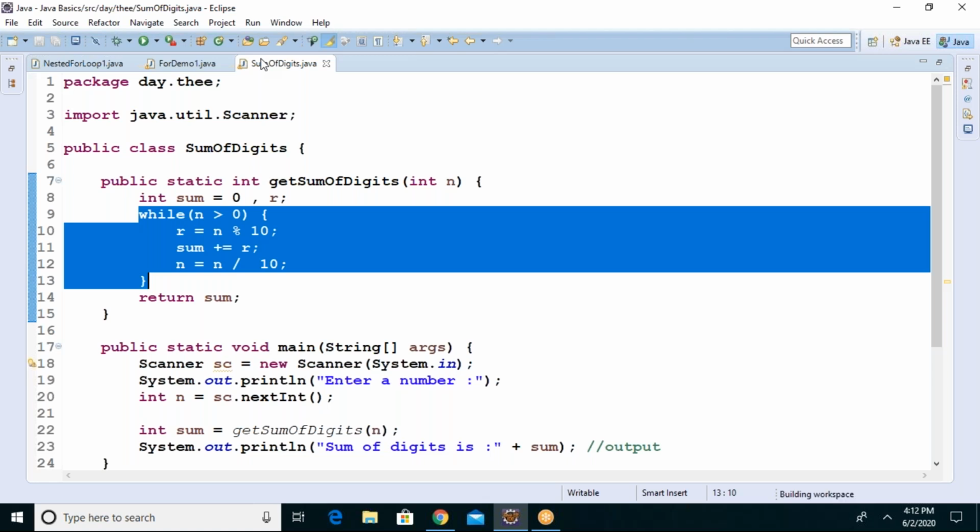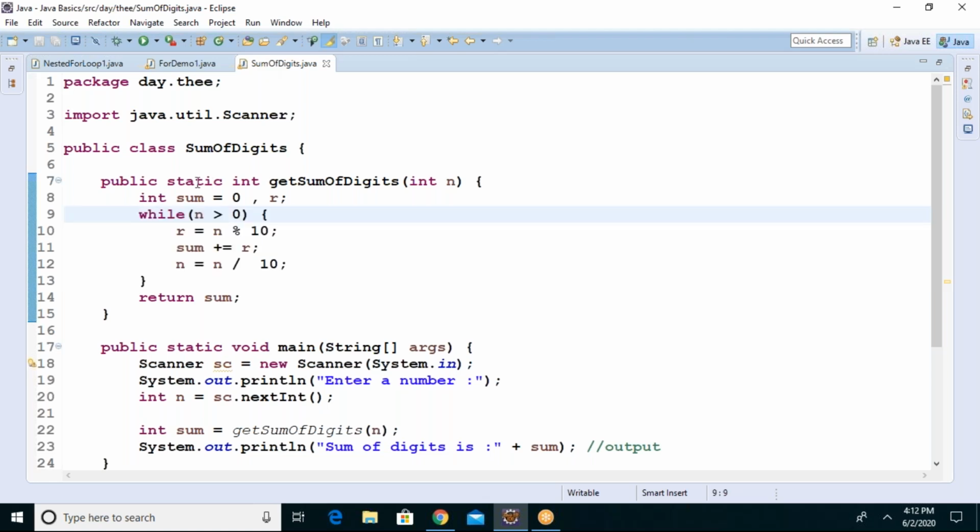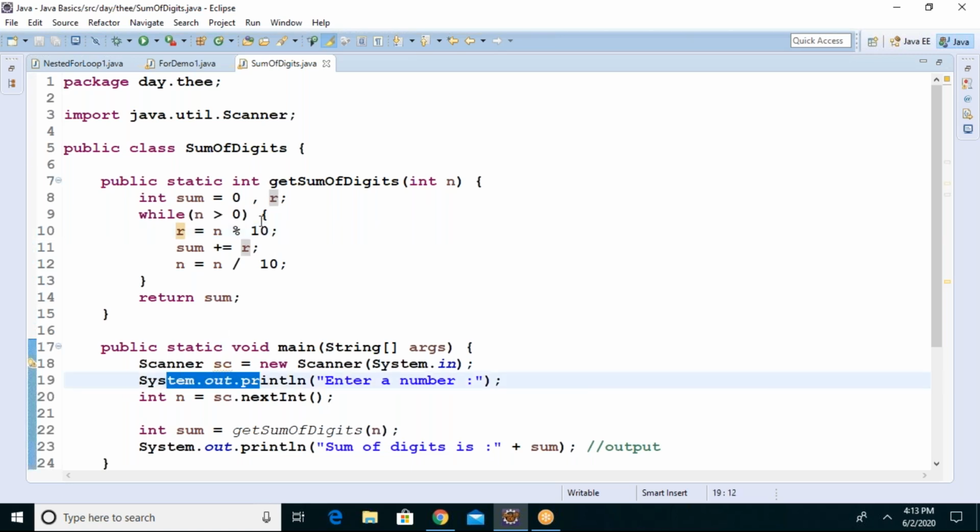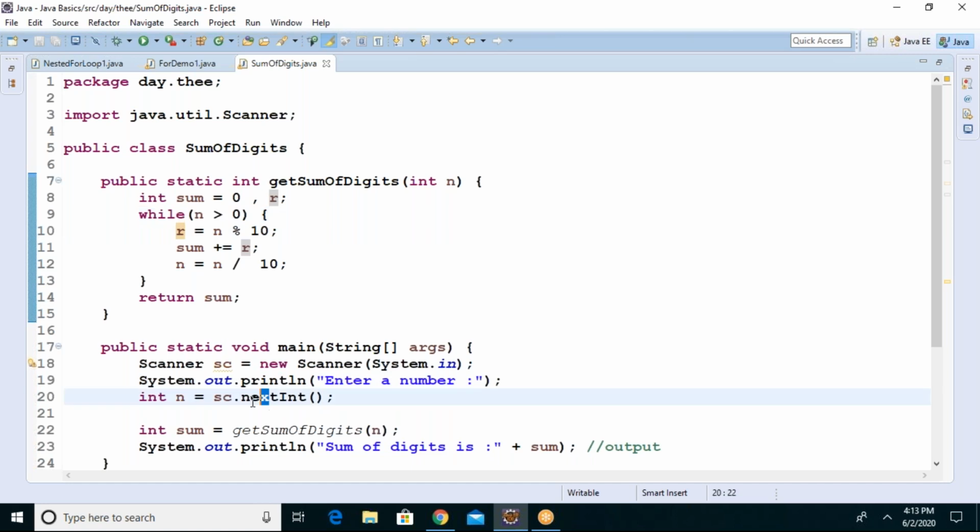Correct. So when you don't know exactly how many times, do you know how many times I told, 1 to 10, 1 to 5, 1 to 6 like this here? No, there is no exact count. If you give a 3-digit number, it will work 3 times. If you give a 5-digit number, it will work 5 times.